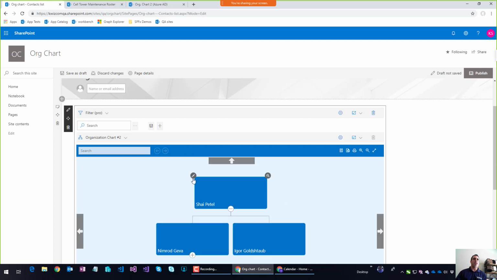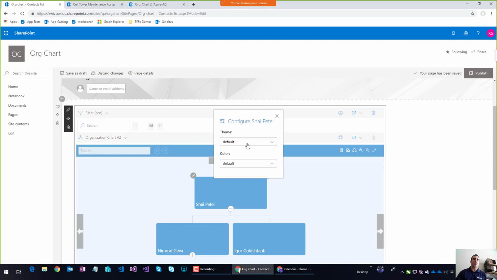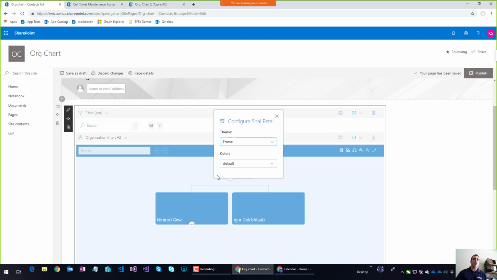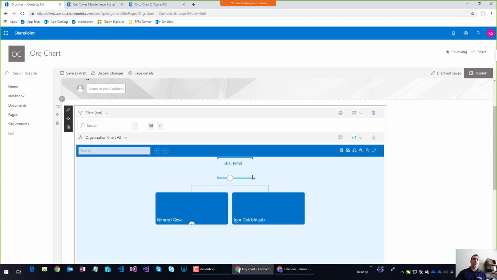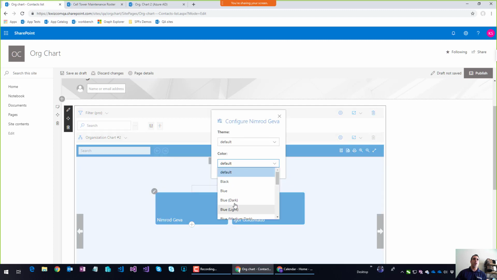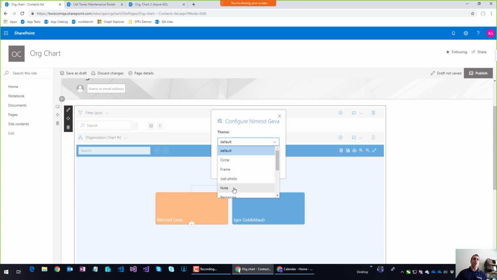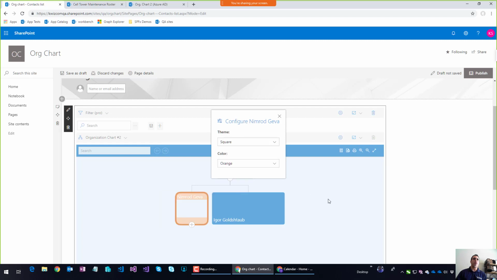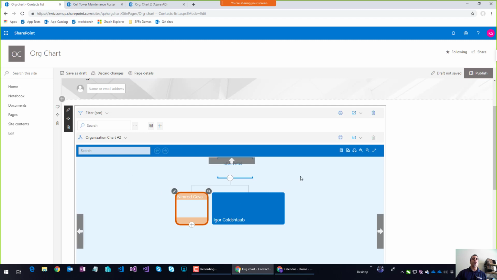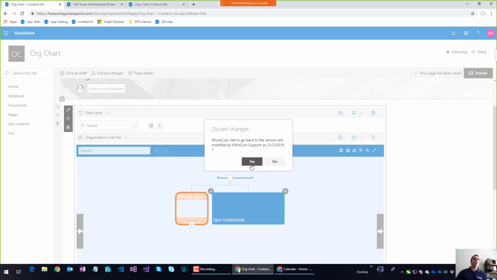Right now I can design this specific person and say that I want that person to be displayed in a frame instead of a square, and I want this person to be orange, and give him a soft rectangle. Sorry, soft rectangle is the default. Let's just do a square, right? This data source doesn't have images, so it doesn't look as good, but it's just a demo. Let me discard my changes and we'll do the same thing